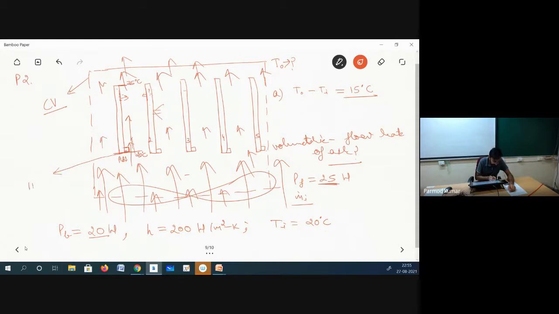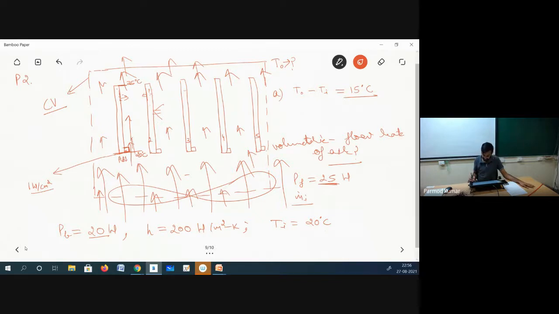It is emitting heat at the rate of 1 watt per centimeter square. So this component will not fail if whatever the heat release rate of the component is, the same amount of heat it is able to dissipate into the air. So now let us consider that the component is operating without thermal failure, so whatever heat it is generating, the same amount of heat it is ejecting to the surrounding.